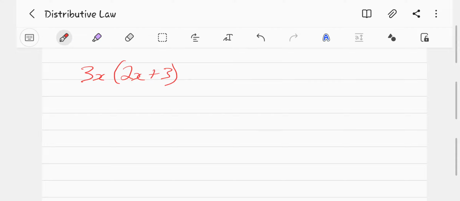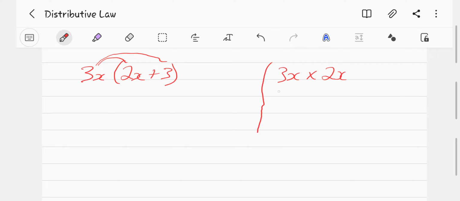What we mean is that we're multiplying it using the distributive law, which states that if we multiply each of these values by 3x, we should get a different value that we can add together at the end to get our answer. So we multiply 3x by 2x, and that will give us, let's write that over here, 3x times